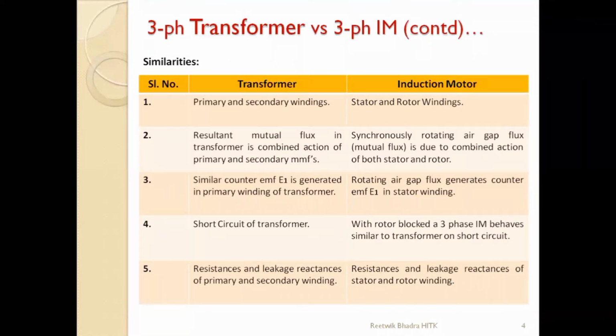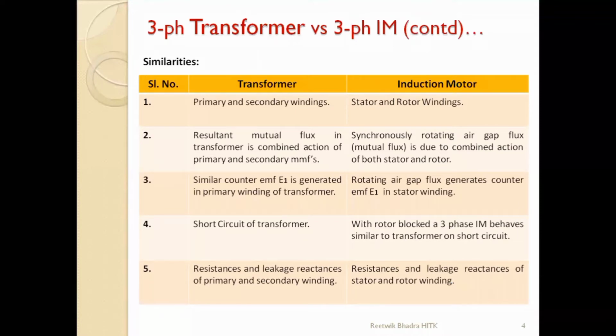You have many other points. I have focused on important points only. Since the transformer and induction motor both behave on the nature of Faraday's law of electromagnetic induction and Lenz's law, we have some losses in a transformer, copper loss and iron loss. In a motor also there are copper loss and iron loss. Both behaviors are almost the same, transformer and induction motor, except one is rotating and one is static. So basically an induction motor is called a rotating transformer because of all these similarities.